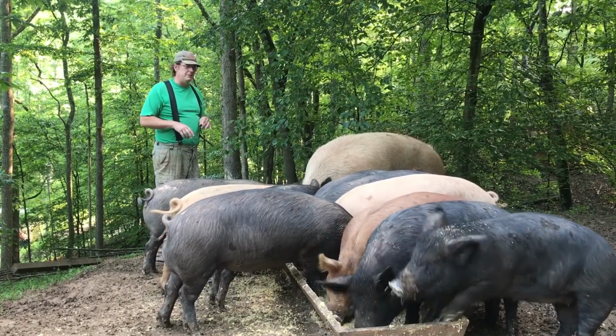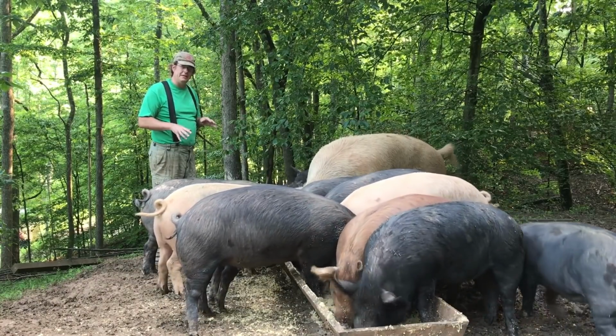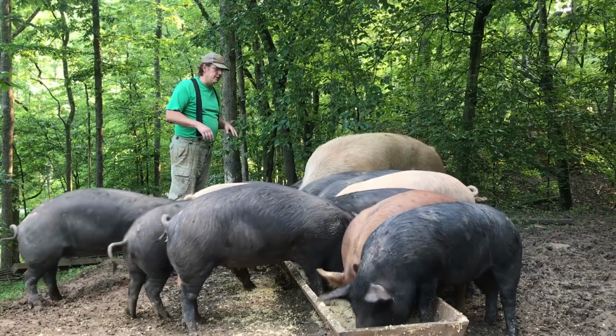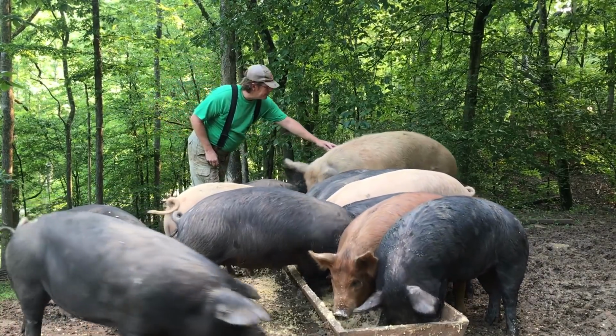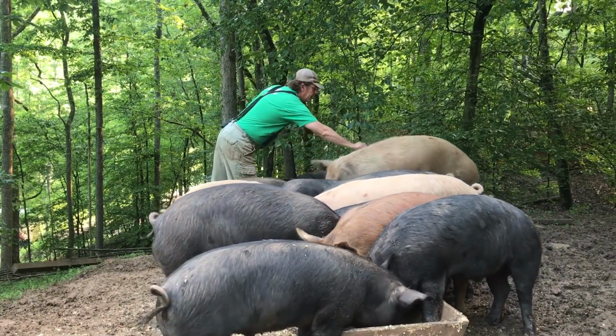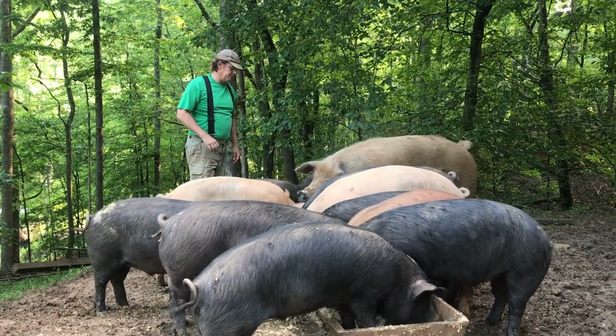So for those of you keeping score at home, we have 15 total pigs that we got from Six Oaks Farms in South Carolina earlier this year. And then of course we've got the matriarch here, Merida. You've got a little sore spot there. Somebody's popped you pretty good, or you've run into something. Anyway,